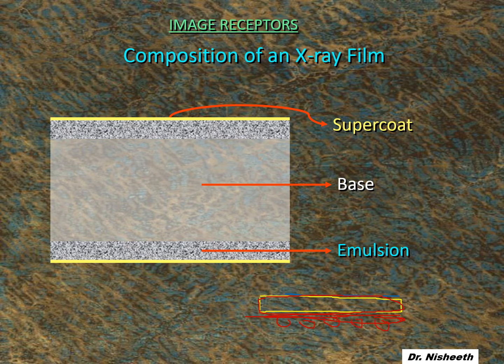That sensitive material is called silver halide crystals, which are compounds of silver and halogen. The silver halide crystals most commonly used are silver bromide and silver iodide. Now the silver halide itself will not stay, so it is mixed with some material and then applied. Something like, many times we have to put some coating on a table or a wall. Then you make a paste of some other material.